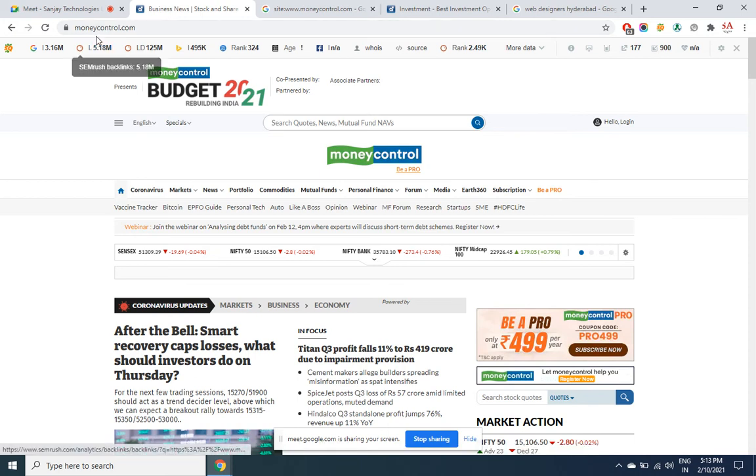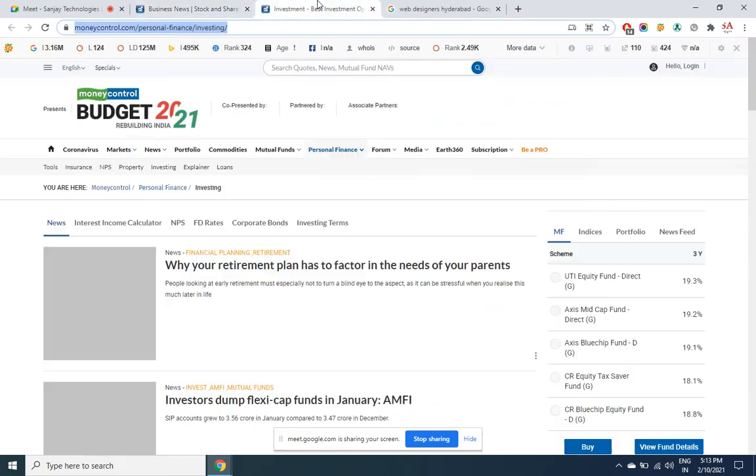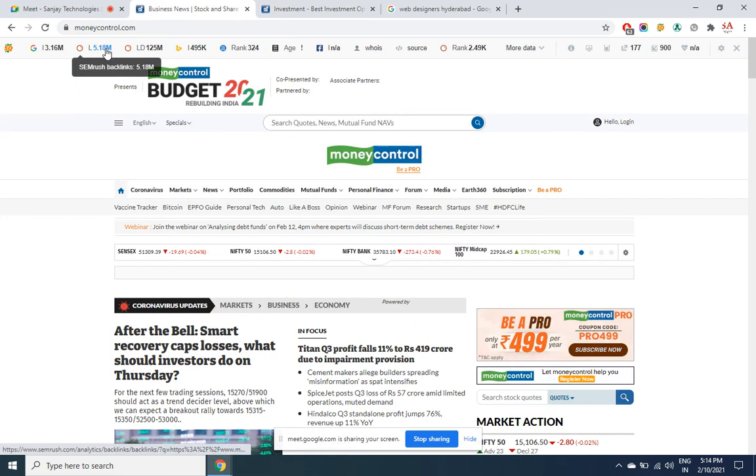The moneycontrol.com homepage has got approximately 51.8 lakh backlinks, while this internal page has got only 124 links. Maybe some other page has got X number of backlinks. So every page has to get the backlinks separately. That's what we learned in the last 2 days. When you click on this, you can see what those backlinks are and where they are coming from, what the anchor text is, and whether the link is do follow or no follow.